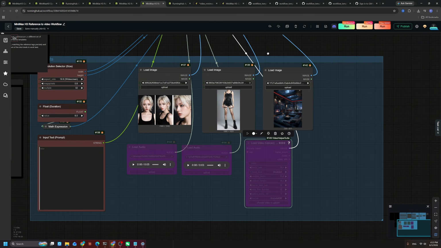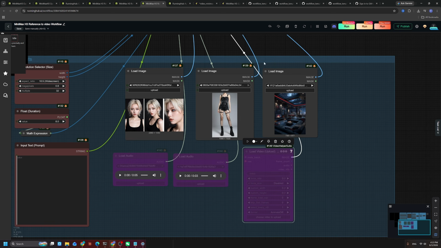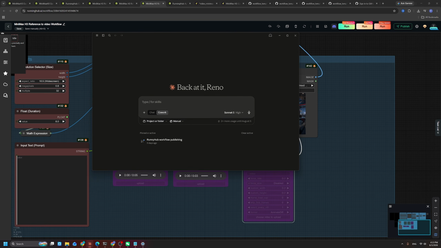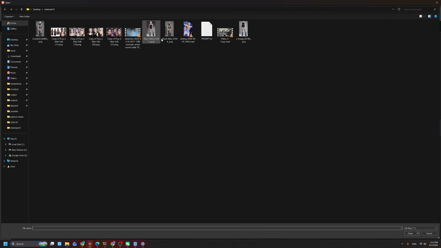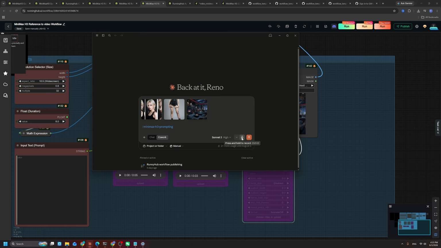All right, let me go write a prompt with my large language model. So now I'm in my Claude. I have a skill for MiniMax H3, which, a skill is something you teach a large language model, how to prompt, but this is only a prototype. I'm not gonna release this now. I'm gonna release it later. So now we're gonna add the files. So one, two, and let's use